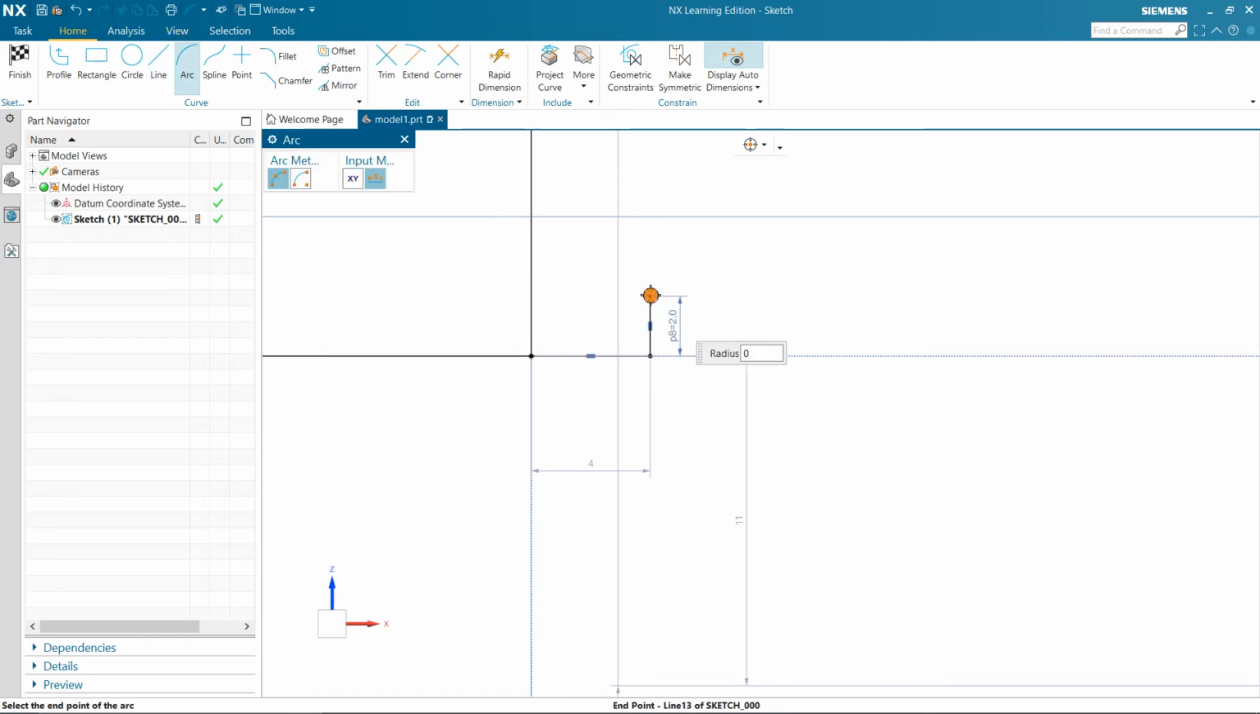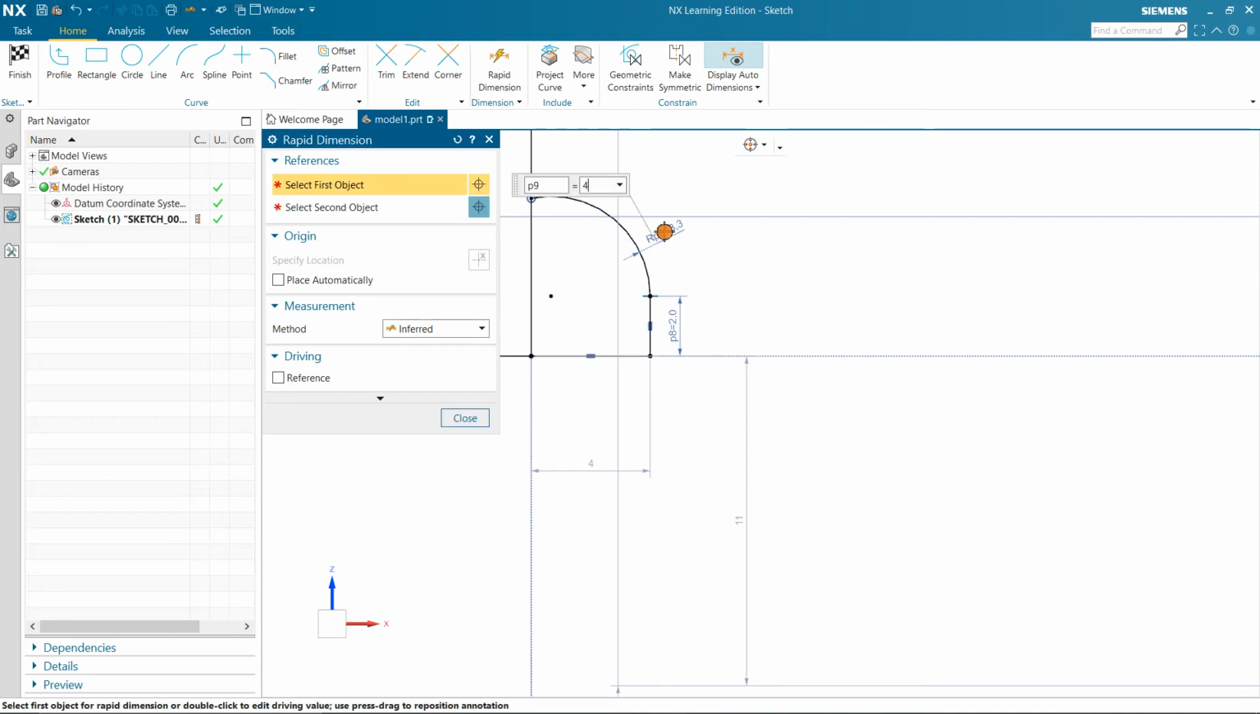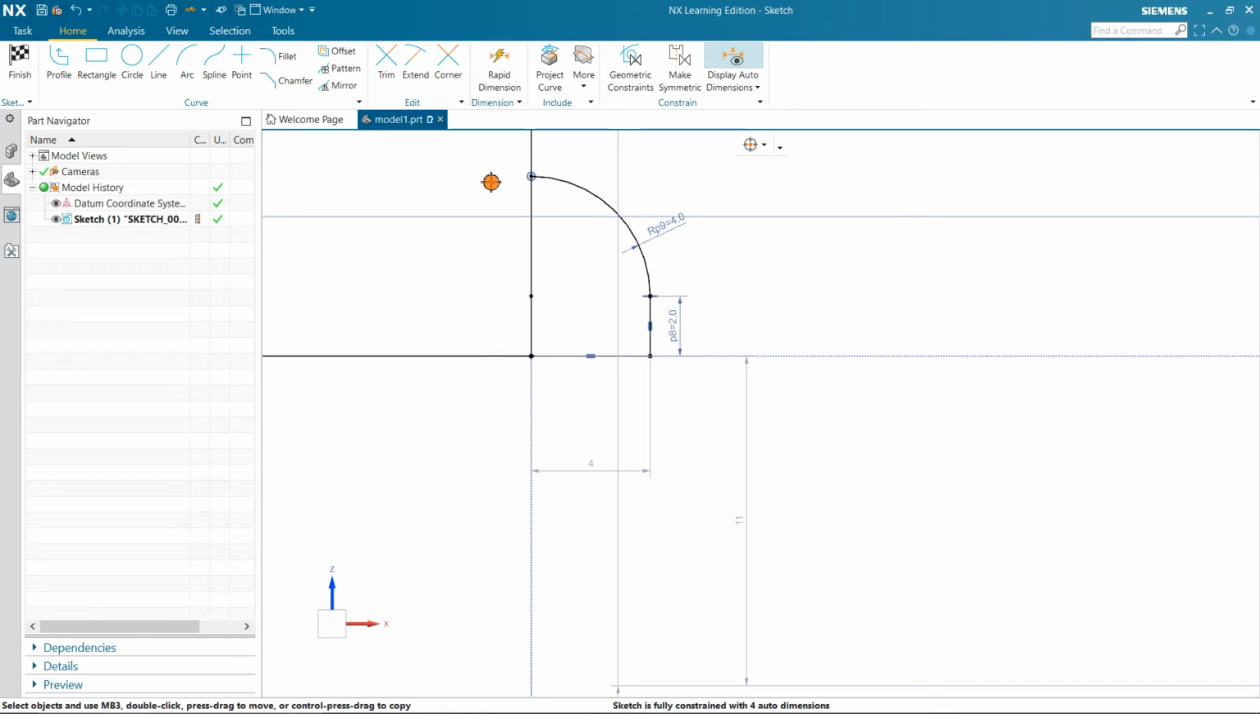And now I will go to rapid dimension and give dimensioning for this arc. So I will specify radius as 4 mm, as given in the sketch. Now I will trim off the extra parts. Okay, fine. Now similarly we have to draw on the other side, but on the other side it is 4 mm from